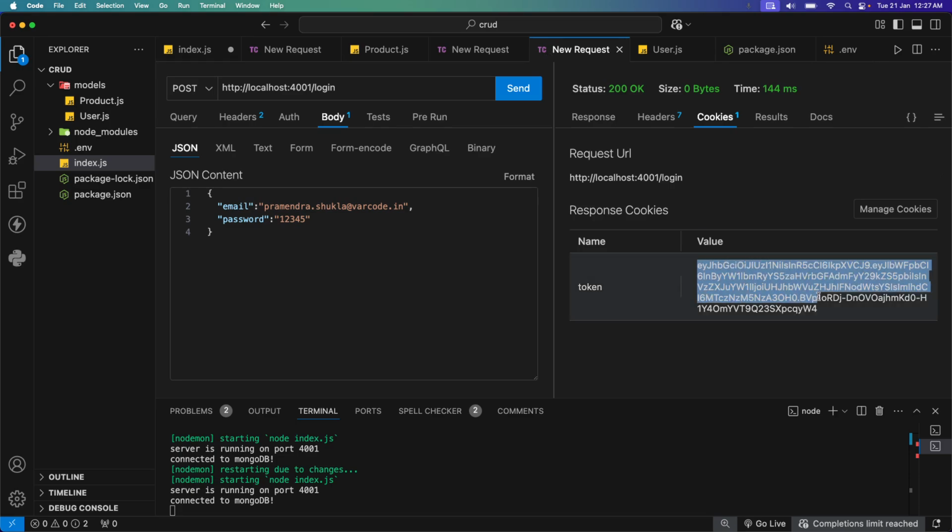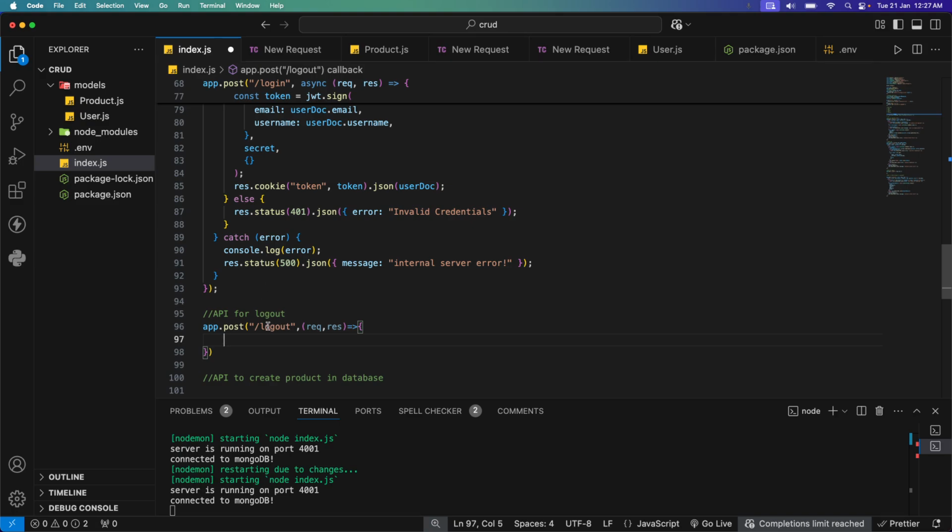So inside the logout API, if I show you here, you can see this token, right? Now it has some strings, some characters, some numbers, and some special characters also. Now what we are going to do, we are just going to empty this token. We are going to exchange this string with the empty string. So it will delete the previous string and change to the empty string, right? So if we don't have any token, it means the user is not authenticated, and that means the user is now logged